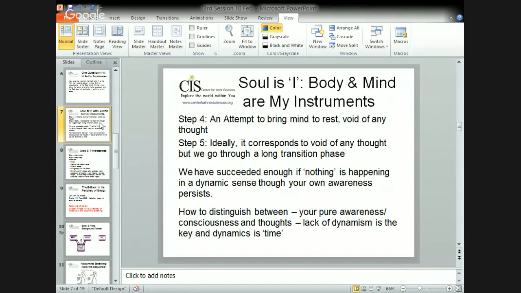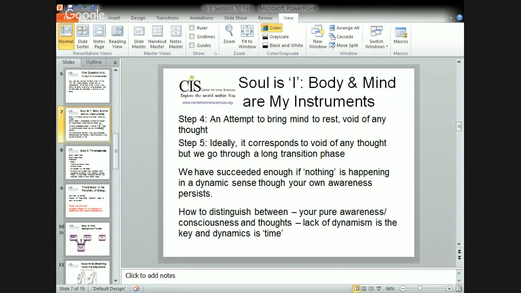I'm using some new terms. I hope they will help you. If you have further questions, no problem. We will discuss it further. So today I am saying, if you are really deep in meditation, absolutely nothing is happening. It means there is total lack of sense of time. You have come to a state of timelessness.